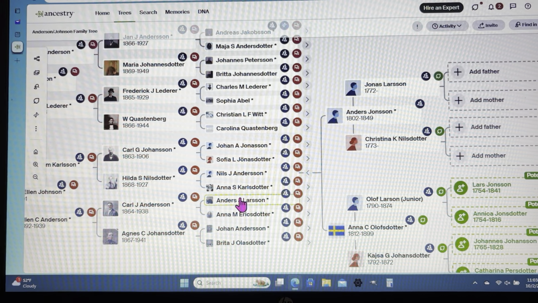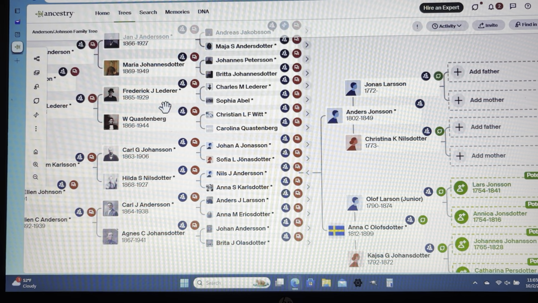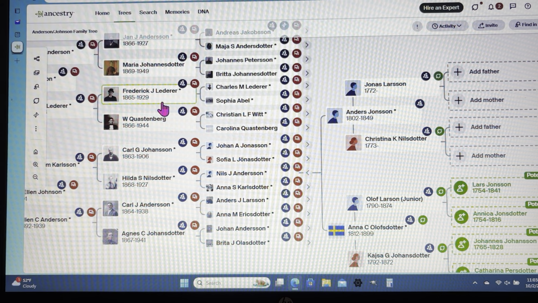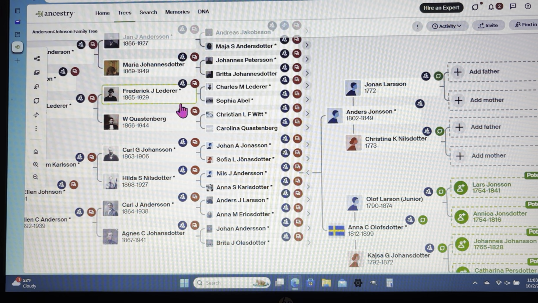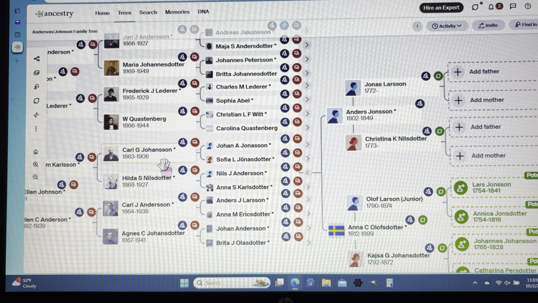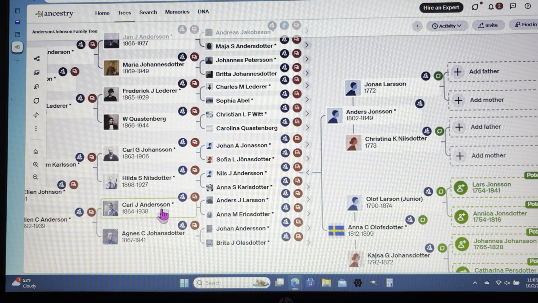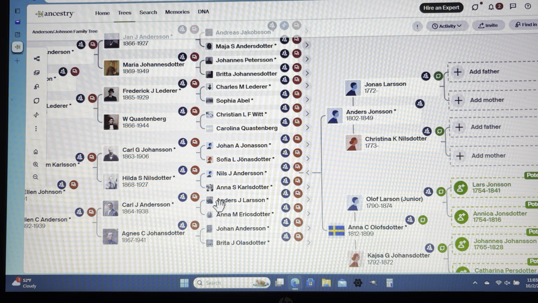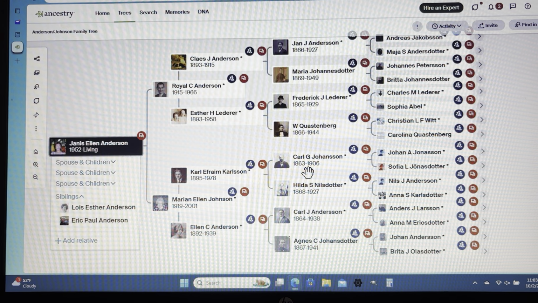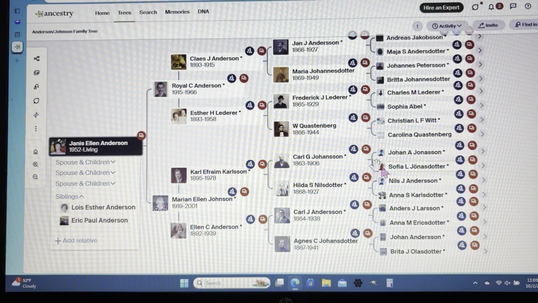The only German line is this line here, the Letterer Kwastenberg. Everybody else is Swedish. So when you get into this area and their parents and ancestors, then you get into German. But when you get down here and you're talking about the Swedish folks, there's so many people that, Anders, everybody had an Anders, everybody had a Johan. And you'd find some of that with the Germans as well. But it's crazy with the Swedes.